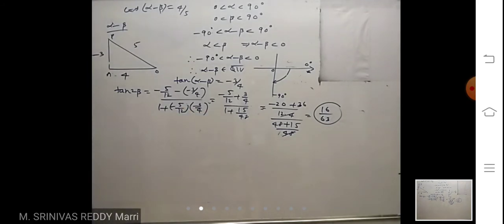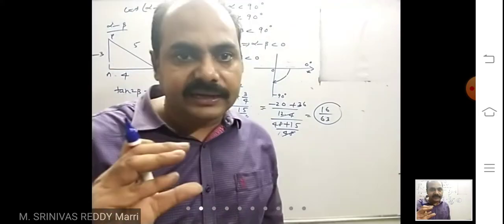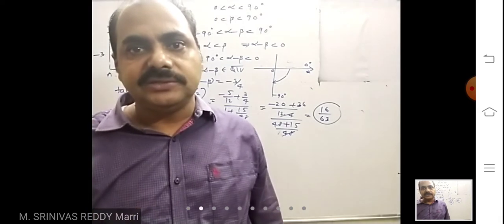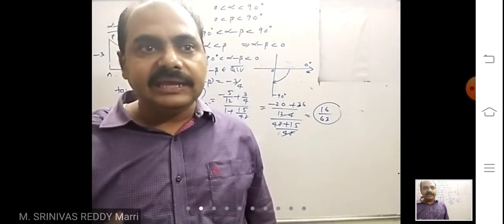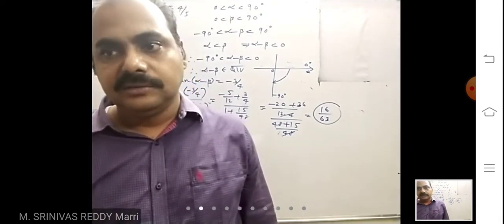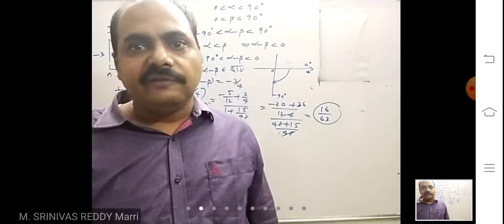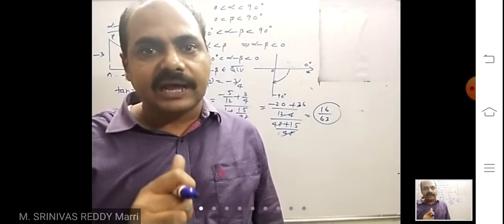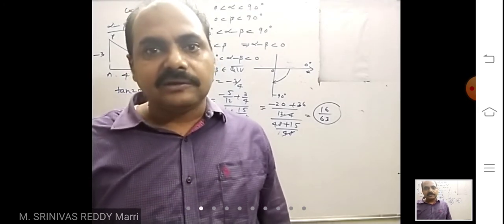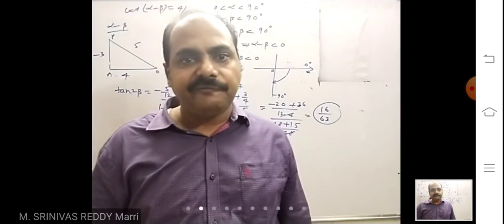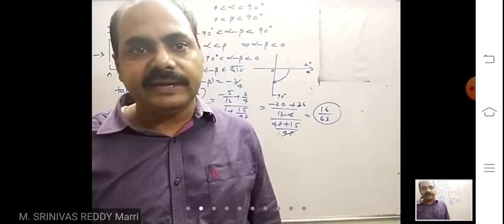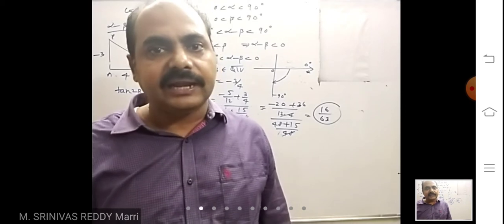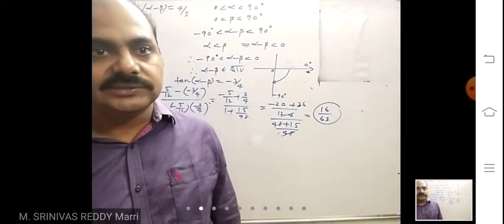Like that, if one trigonometric ratio is known, for calculating the other trigonometric ratio, you have to know which quadrant the angle belongs to. Now here alpha plus beta cos is given, you have to calculate tan. That means you must work out the quadrant where alpha plus beta lies. Similarly, alpha minus beta cos is given, tan you have to calculate. You have to think about where alpha minus beta lies while solving the problem.